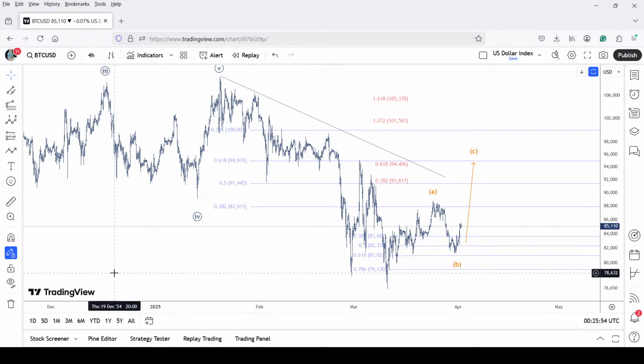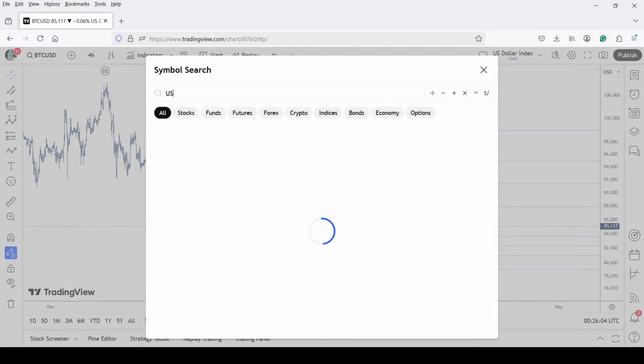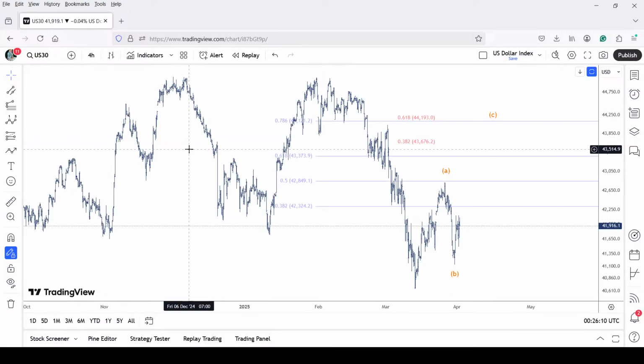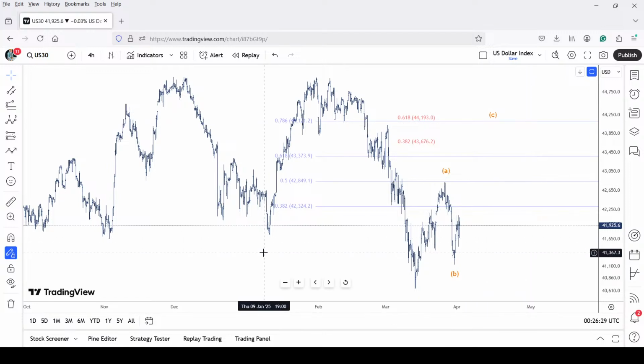So Dow Jones, we will pick up in the New York Times or the London Times. But as far as the price action is concerned, we are waiting for the wave C rally to materialize a bit higher from where prices are trading here. So Dow Jones, we are waiting for at least 43,300, possibly 44,000 before we can enter on the short side again. All right. So let's bring it to a pause here.